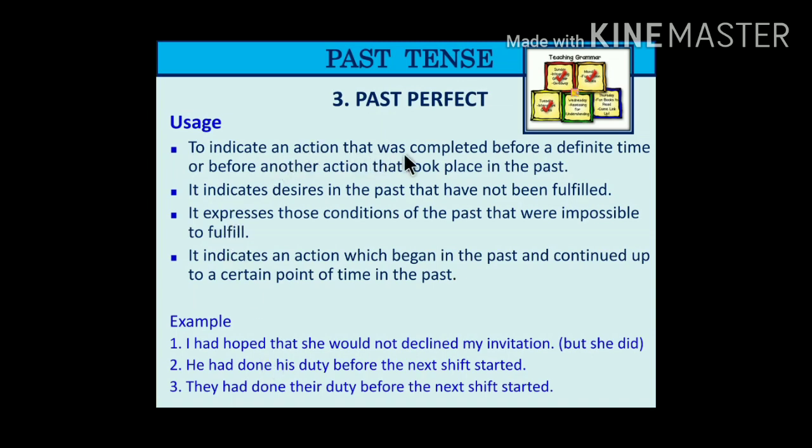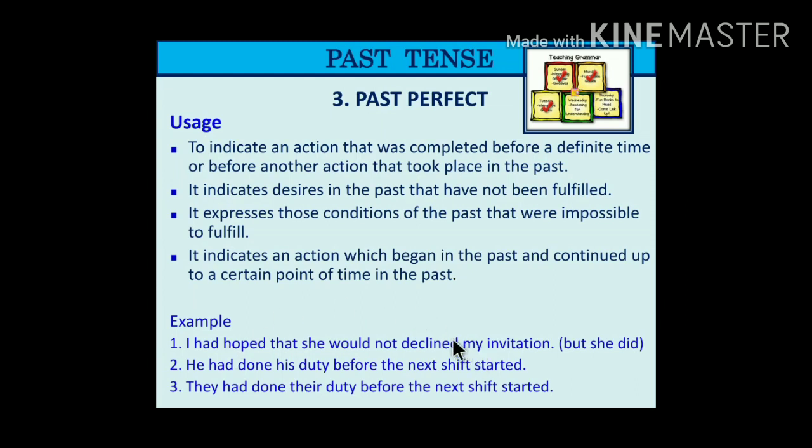To indicate an action that was completed before a definite time or before another action that took place in the past. Especially comparison would be there. It indicates desires in the past that have not been fulfilled. It expresses those conditions of the past that were impossible to fulfill. It indicates an action which began in the past and continued up to a certain point of time in the past. For example, I had hoped that she would not decline